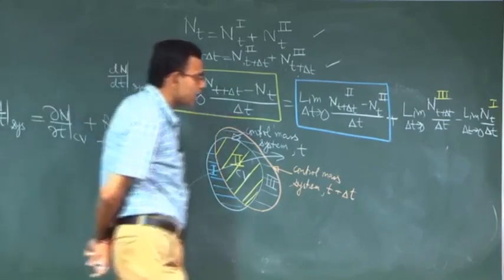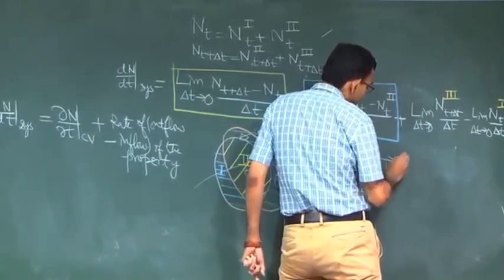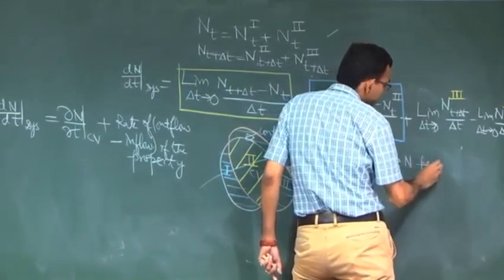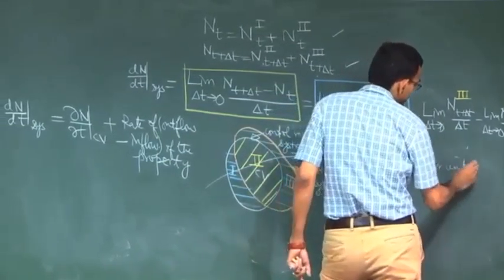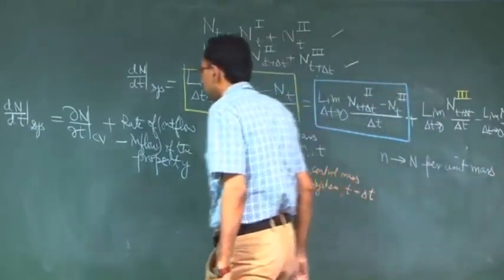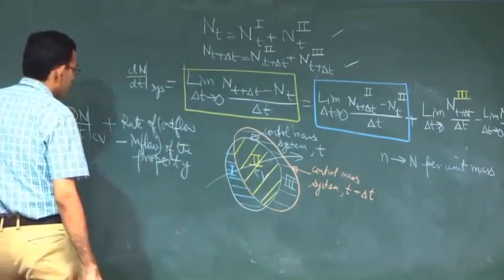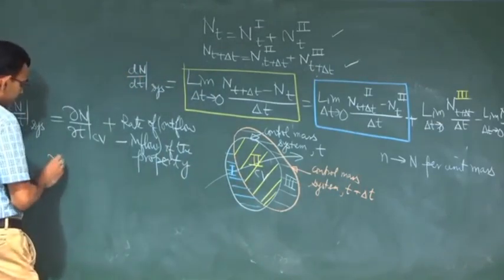Capital N being the extensive property, let us consider small n as capital N per unit mass, which is an intensive property. So, you can write